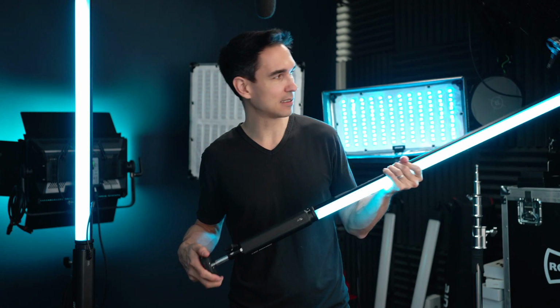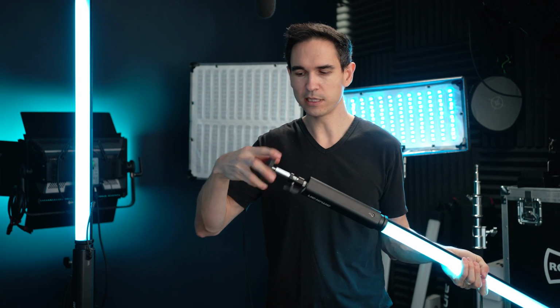You can also get one of these magnets. You can get all this stuff from B&H Photo. And these magnets are just like the ones with my Quasar Science lights. And you've got some 3/8 holes here on the battery as well as on both sides of the lights. Got another one of these rings. So there's just a lot of room to mount accessories and grip accessories and mounting equipment to these lights that